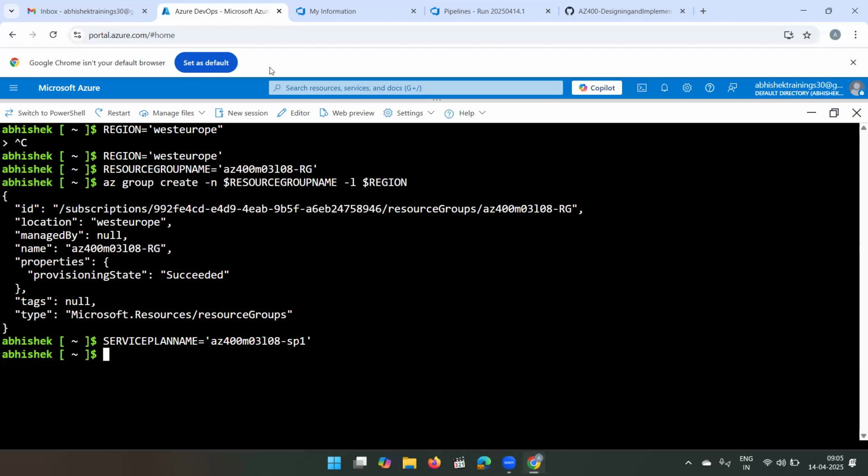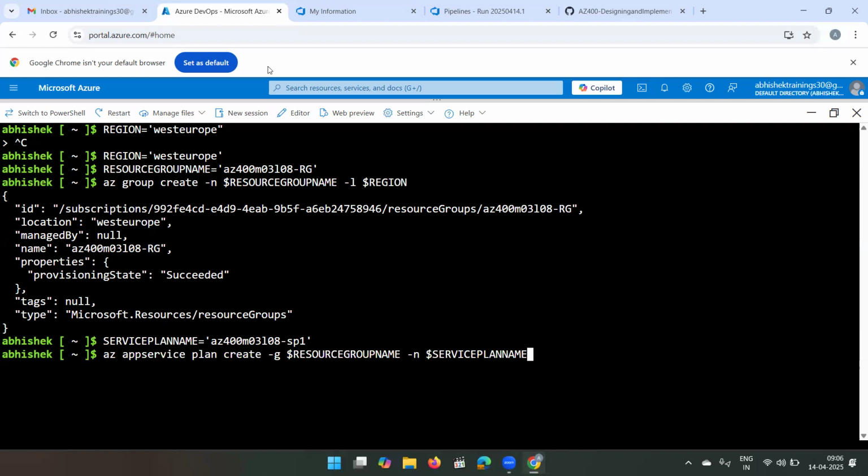Then we'll create the app service plan: az appservice plan create, and we need to create it in the resource group, hyphen g, resource group name, then the service plan name, hyphen n, dollar service plan name,